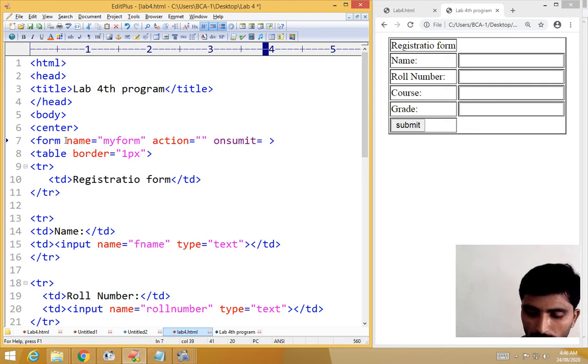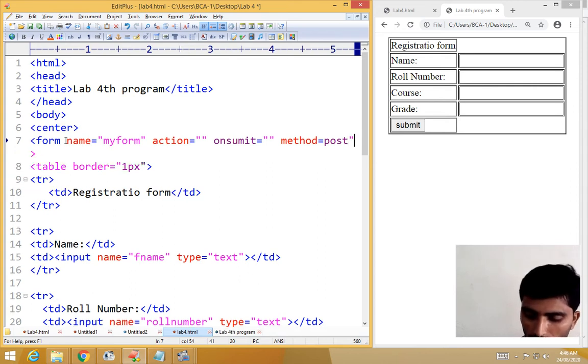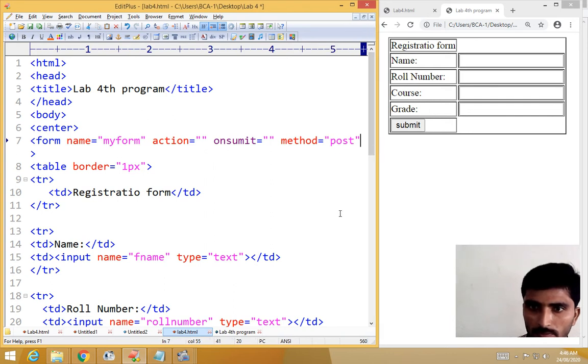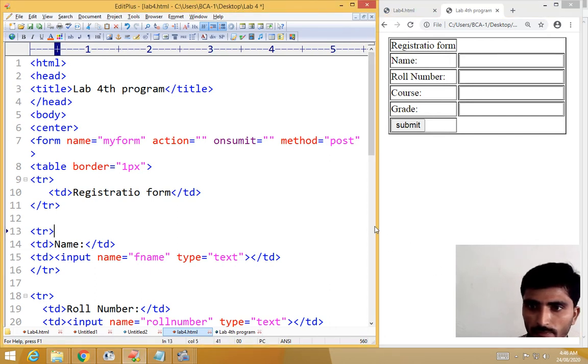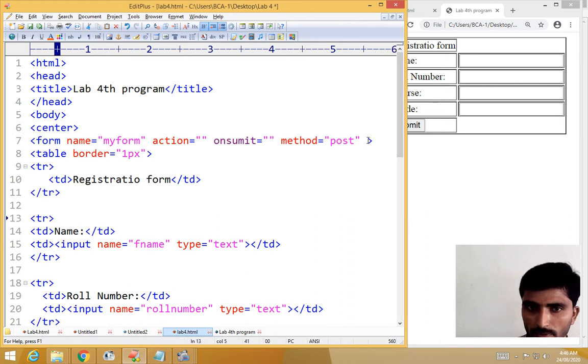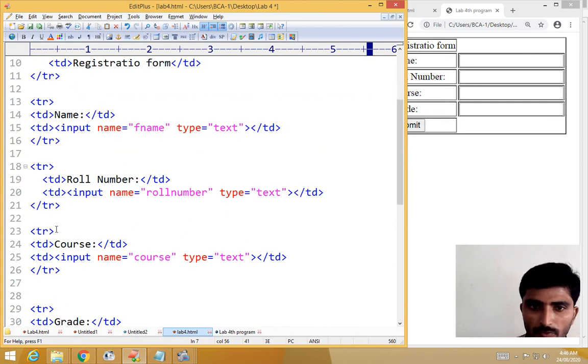Equal to double quote, then method equal to post, method equal to double quote post, close. Now the form is open.